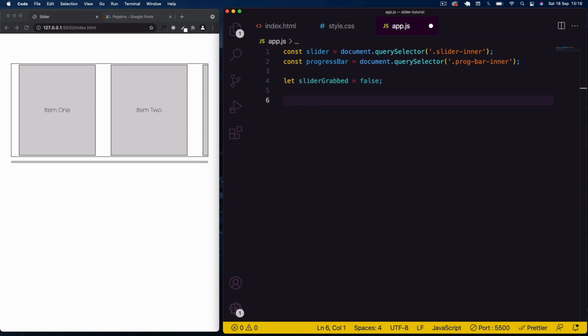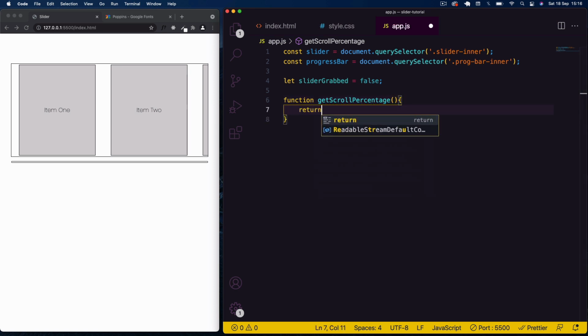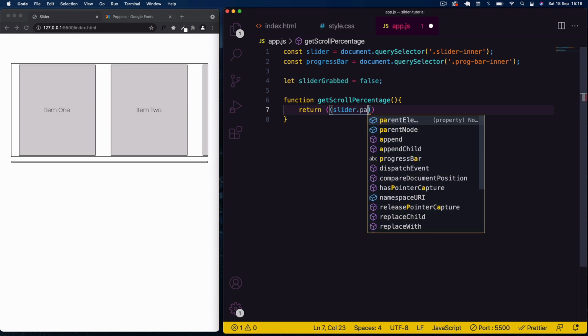So I'm just going to say, actually the first one I'll do is just create a function. Okay, and this is going to be called getScrollPercentage, like so. Okay, and then the maths to get the percentage of how far the user has scrolled horizontally within this slider: I've got two parentheses here, and in this second set of parentheses I'm just going to say slider, and then with this slider we want to get the parent element. Okay,